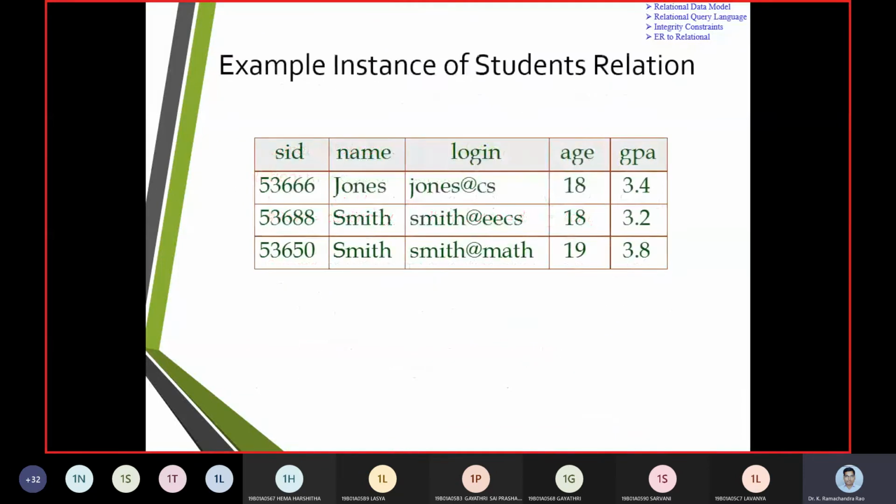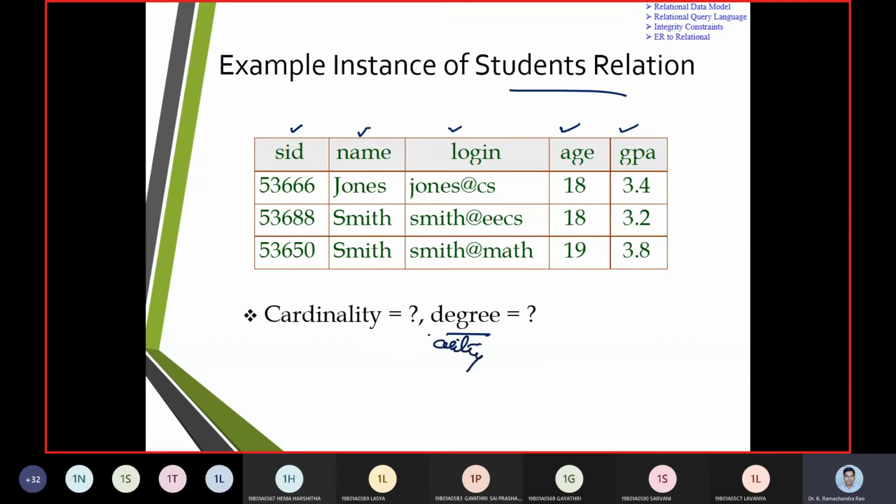Now here is an example for the student relation. You can see student ID, student name, student login, student age and grade point. The question was, what is the cardinality and what is the degree? Degree is also called the arity of a relation.